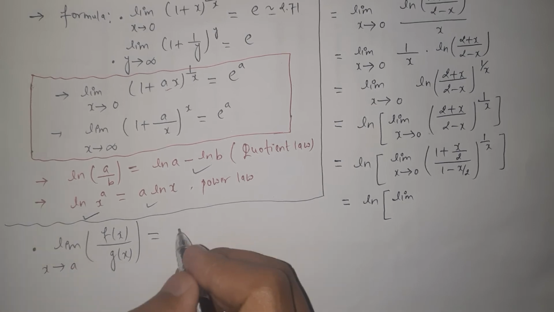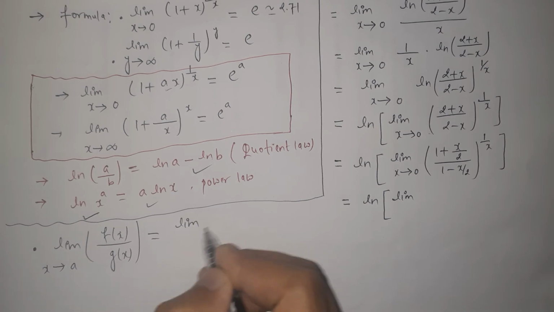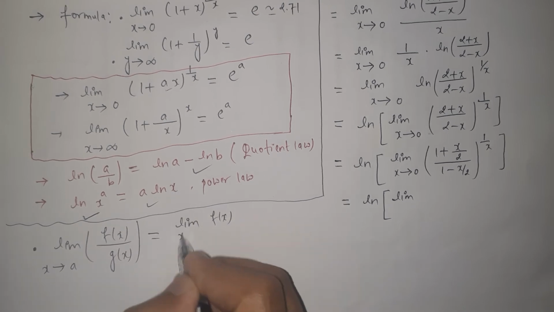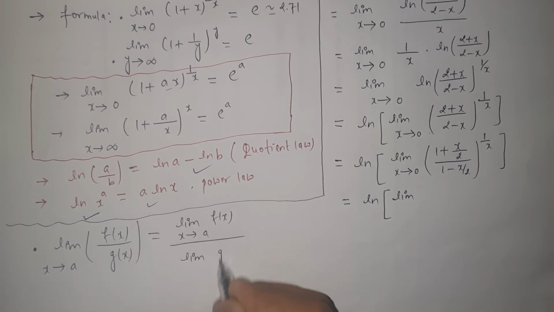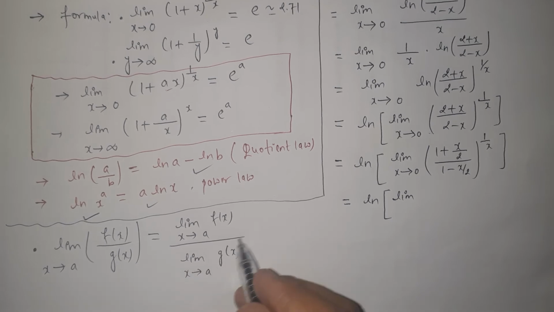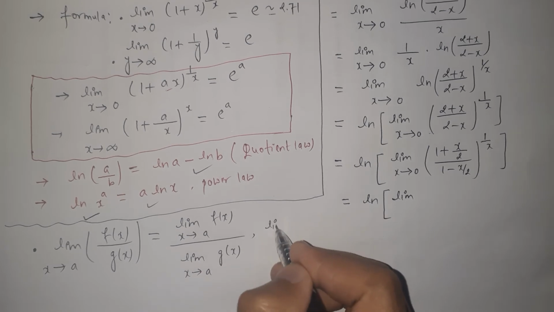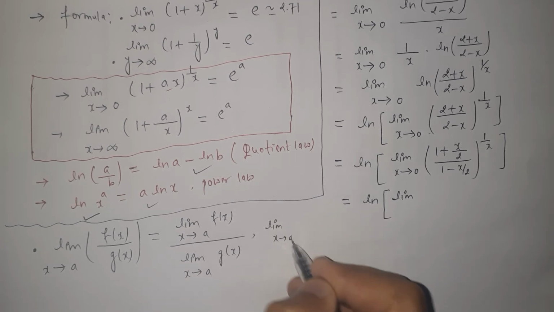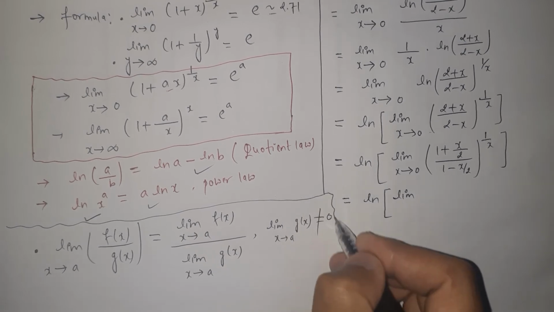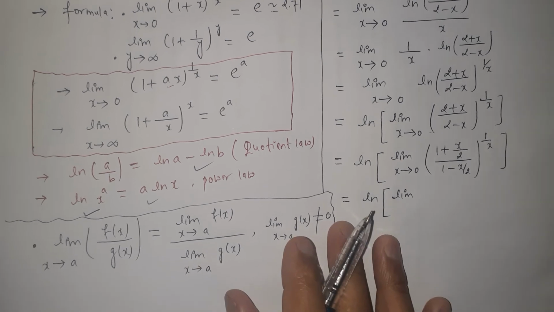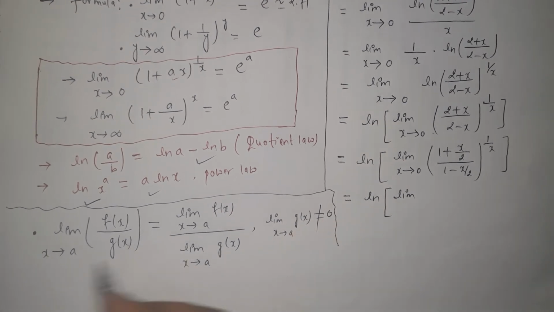And then we can write the limit of a function f of x when x approaches a, over the limit of the next function g of x when x approaches the same number a, and the denominator value should not be equal to 0. Here the limit as x approaches a of the function g of x should not be equal to 0. If the denominator is 0, then the fraction will be undefined. Please memorize this property on the limit.